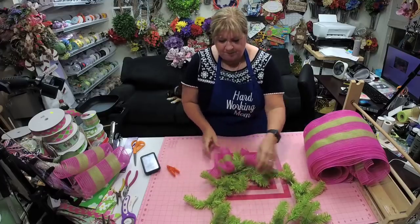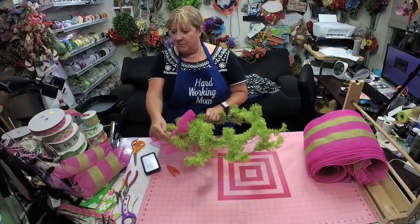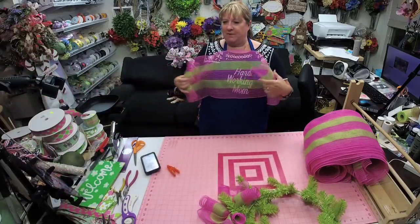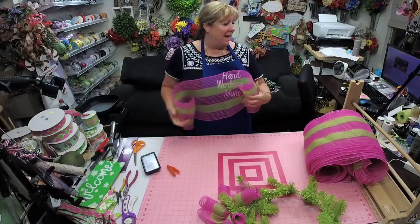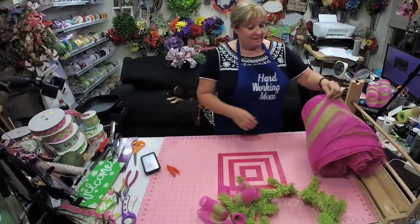Then I'm going to ruffle it out. So you see why I made it longer? So I could still get my ruffle. Okay, this is the only piece I have left out of both rolls. So we'll just set it over there. That's because I made them